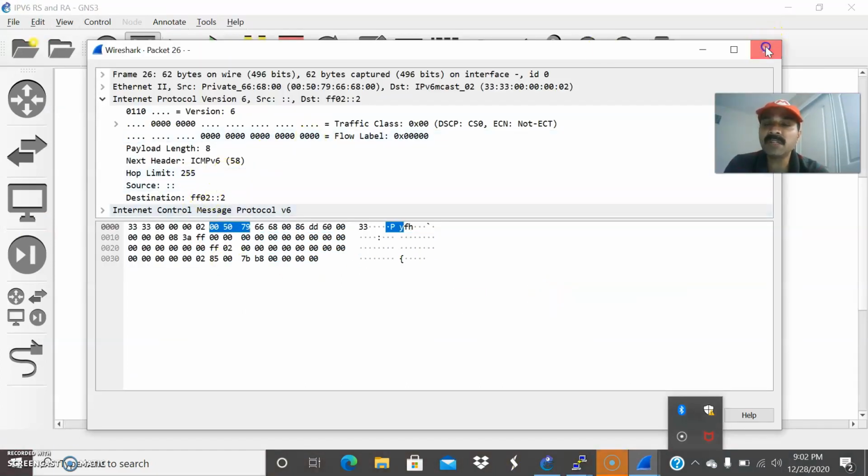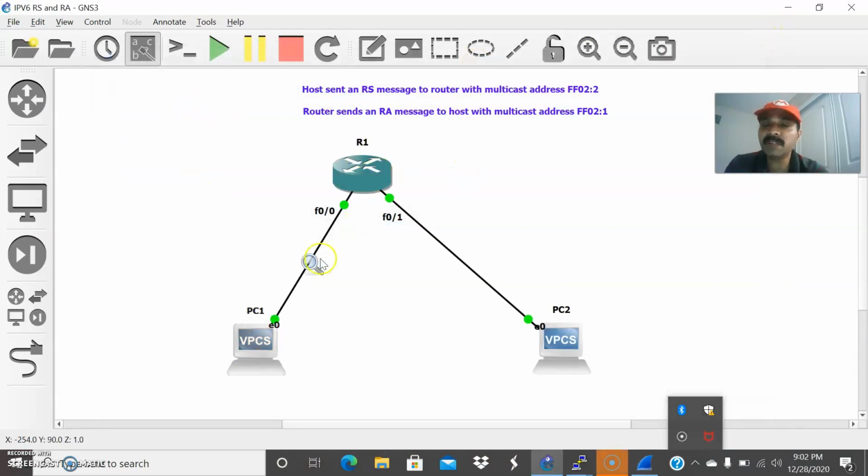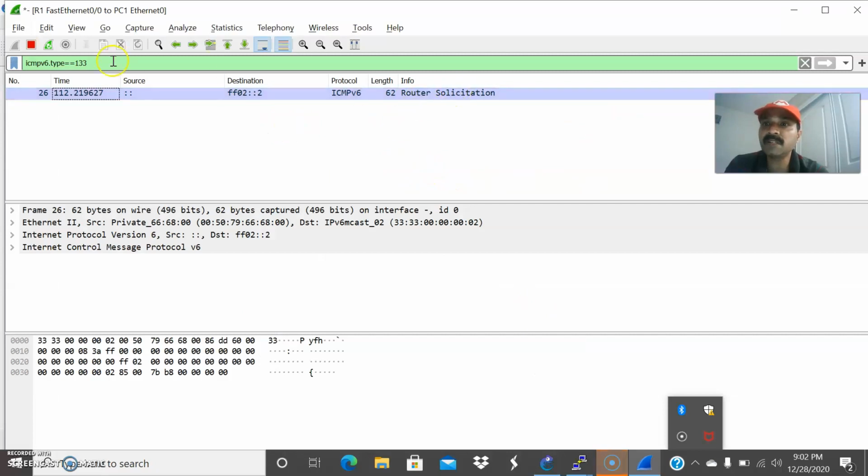In a similar way, the router will send the router advertisement messages to the host. The host sends a router solicitation request with this multicast address to R1. After receiving the request, R1 will send an RA message to the host with this multicast address. That is what we call a router advertisement.